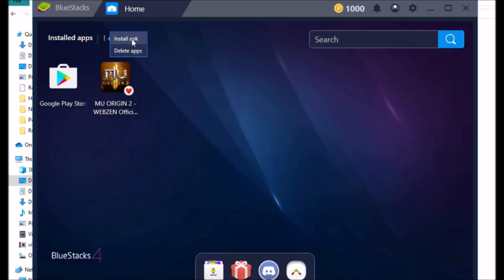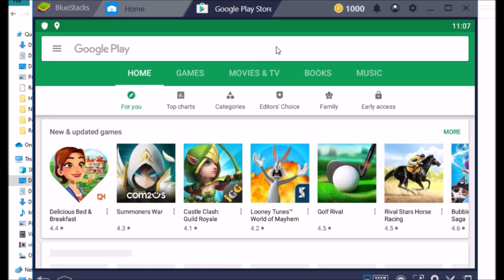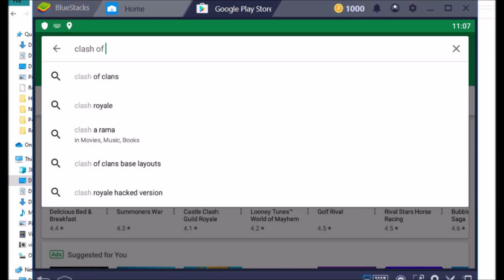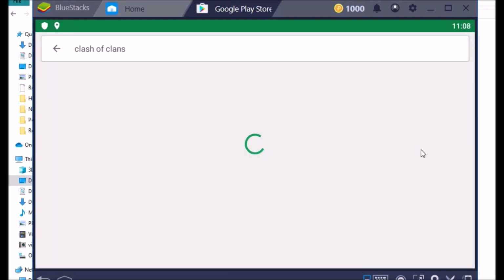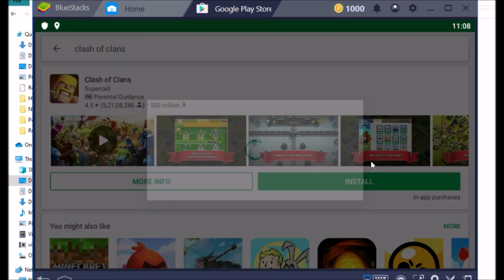You see Install APK. If you have any APK file directly, you can download it from here or go to Google Play Store, like your mobile phone. Let me download the game Clash of Clans, a famous game. This is for mobile. I'm installing it.